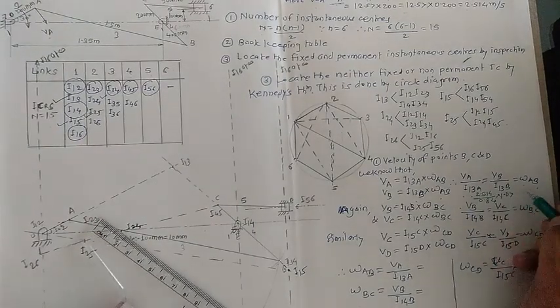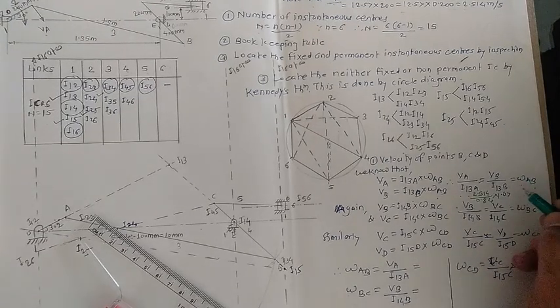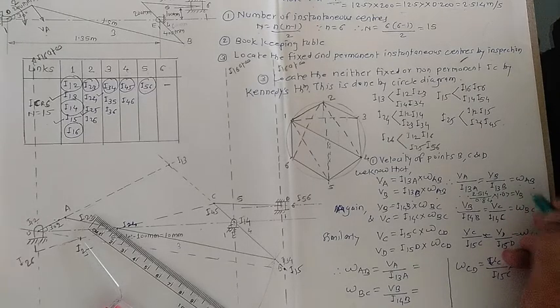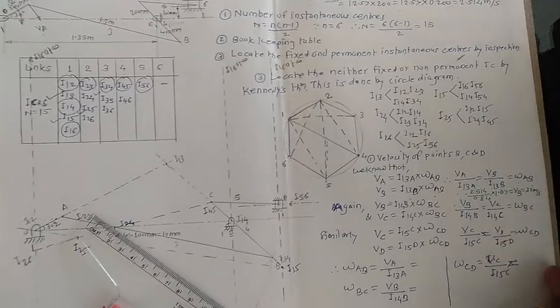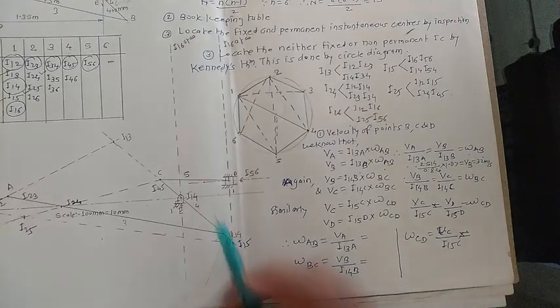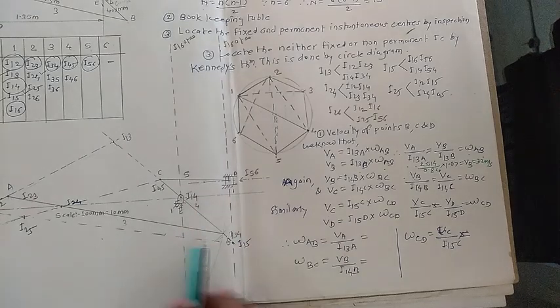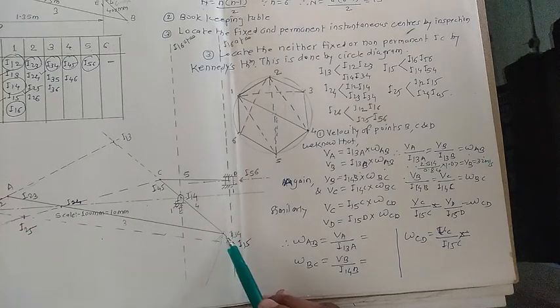Okay, so do the calculation for the same. So the value for this one, VB, from this relation we get as 3.2 meter per second. At the same time, consider again that the B point also lies on this CD link. Initially I considered that A point lies on this OA as well as OB. Now consider this B point lies on this AB link as well as this BC link.